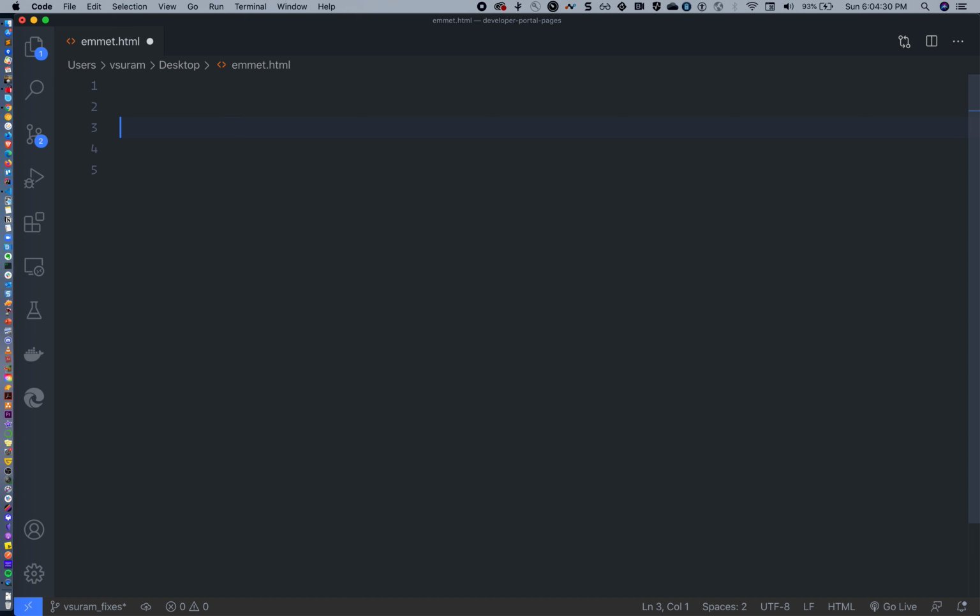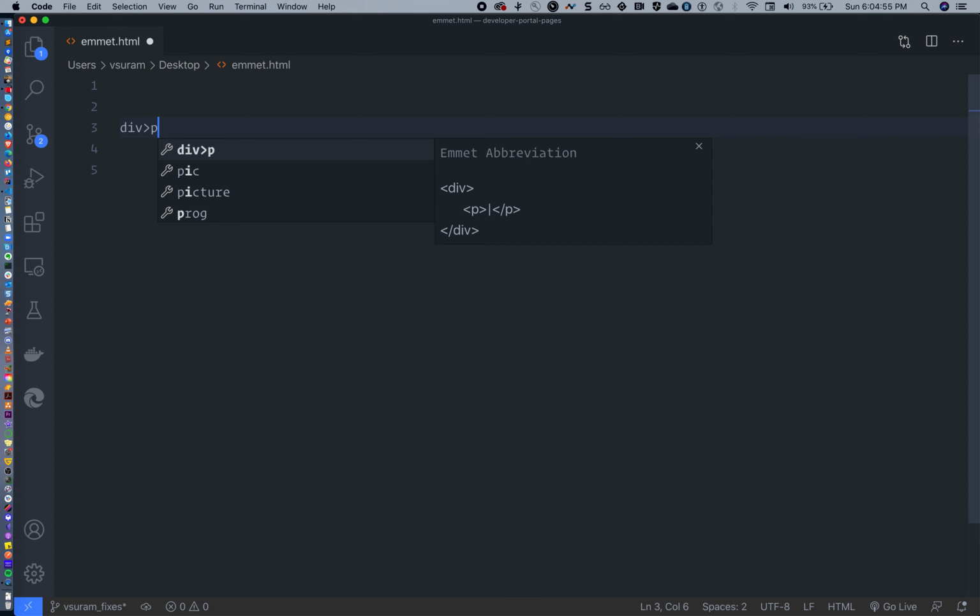Next tip, sixth number: how to create sibling elements. So for example, I have a div. Inside that I have multiple different sibling elements as children. This is how you create it.